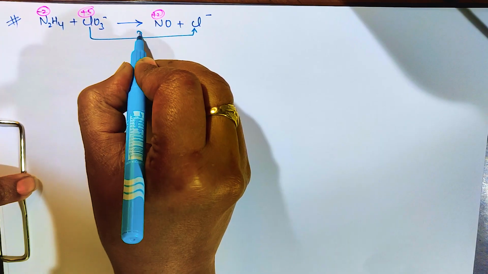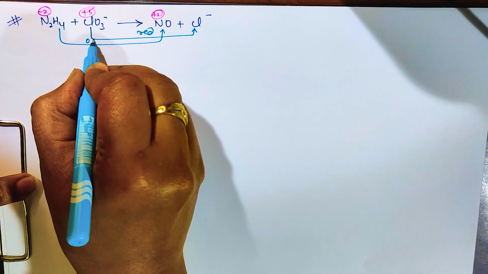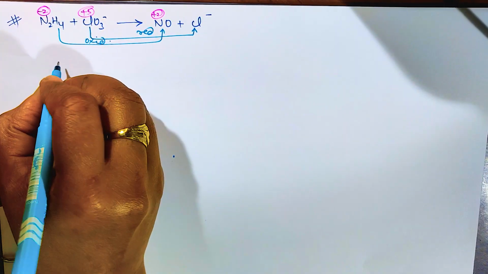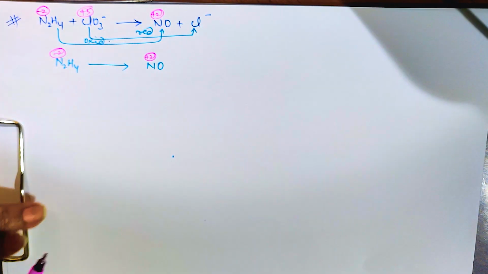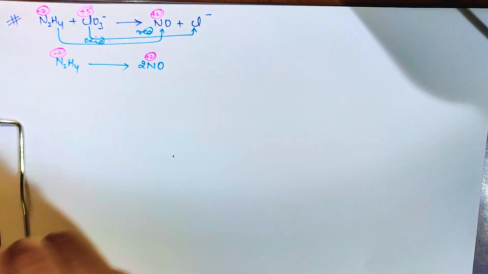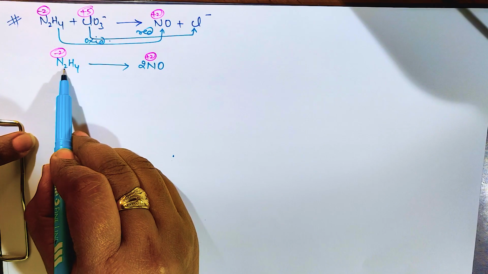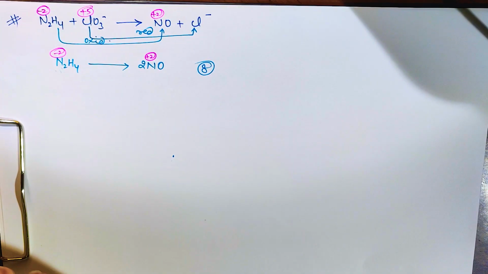So what next? This is undergoing reduction over here, and here it is oxidation. So no need to mention even, we can write separately. And this N2H4 is going to change into NO. So just mention the oxidation number over here and then make the central atom equal. Okay, so 2 nitrogen over here, so make it 2 over here. Now find the differences. 2 2s are 4, -4, and here 2 2s are +4. So the difference is from -4 to +4. That means total difference is 8. I hope it is clear.